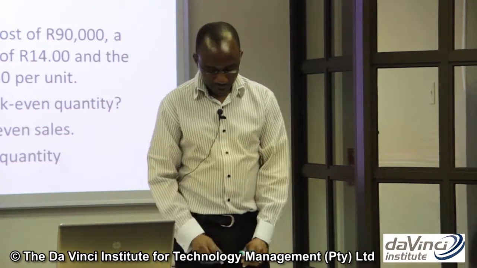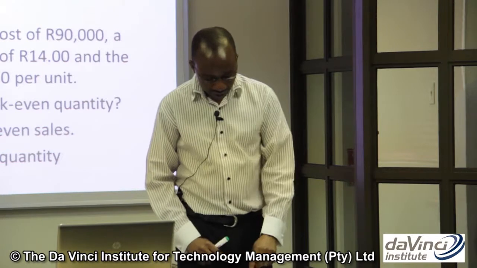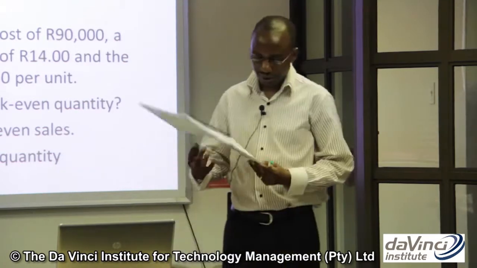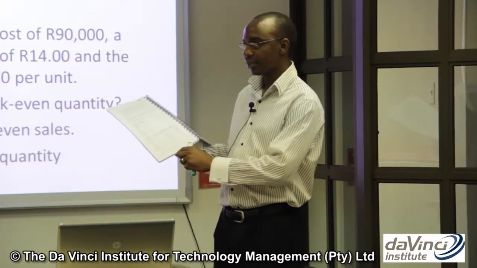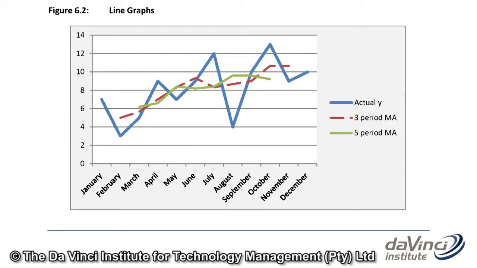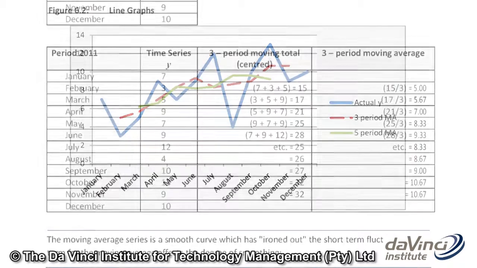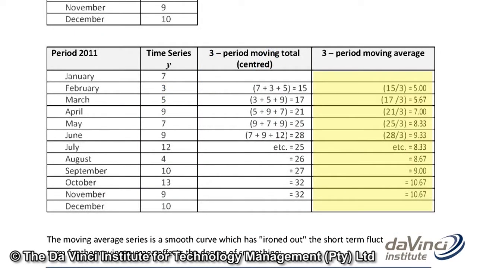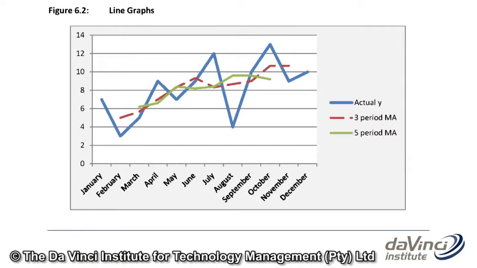Okay. So you can now plot these original variables of 7, 3, 5, which then gives you this graph which is spiked up. Then you plot the graph with the 3 moving average. You see the second one, which is like a dotted one. You see the difference of what it does.